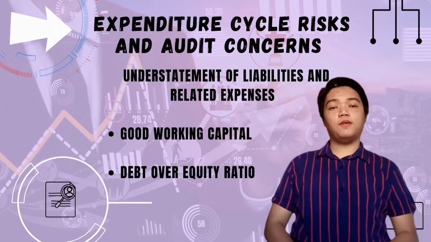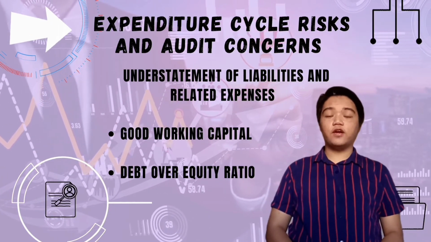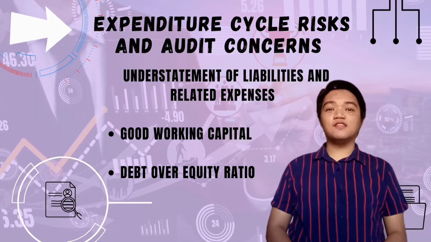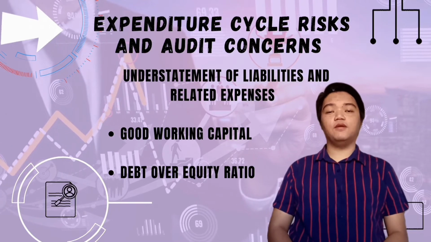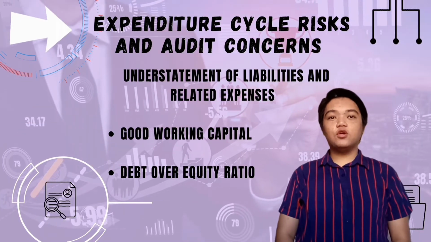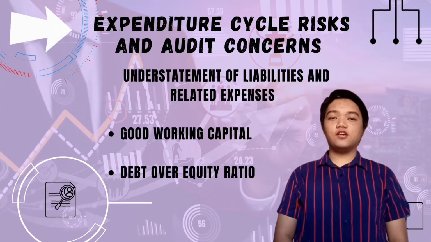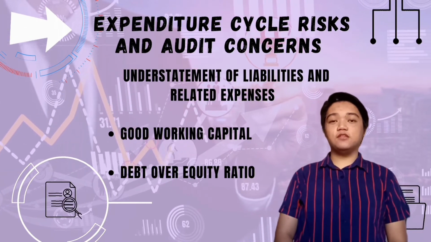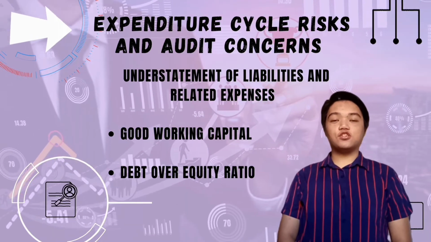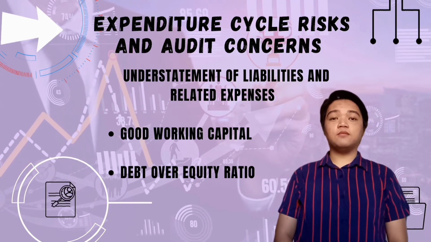With regards to the expenditure cycle, external auditors are concerned primarily with the potential for understatement of liabilities and related expenses. Reported balances usually consist of items that have been reviewed, validated, and acknowledged by the management. Attempts to improve financial statement presentation may involve actions to suppress the recognition and reporting of valid liabilities related to the period under review. Substantive tests of expenditure cycle accounts are therefore directed toward gathering evidence of understatement and omission